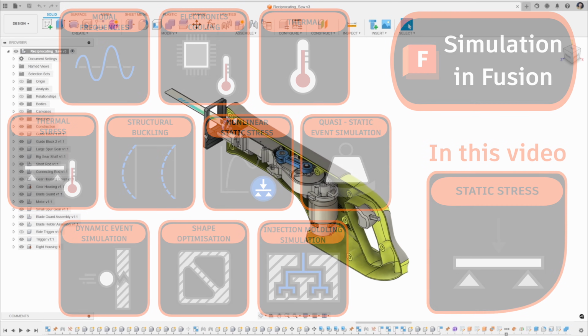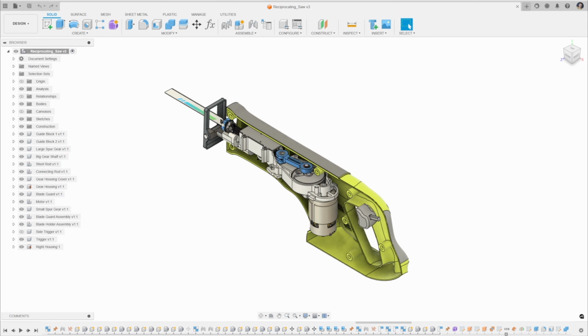stress simulation in Fusion. We can use Finite Element Analysis to simulate stresses that might be applied onto our parts before you make them. And you can do this on both single components or multi-body designs and assemblies. We'll have a look at the results of these, including the displacement and stresses because of the loads applied to